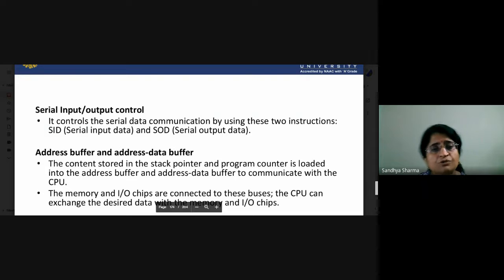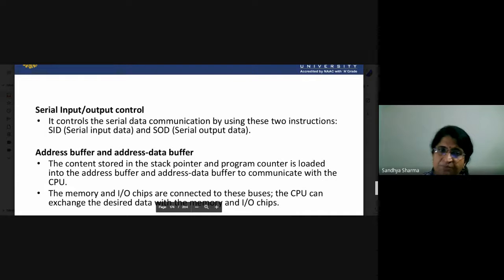Again, we have the address buffer and address/data buffer, AD0 to AD7, and from here A8 to A15. D0 to D7 is the data bus, and when a 16-bit address is required, the lines work as the address bus.